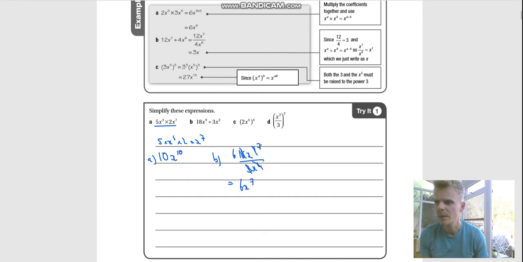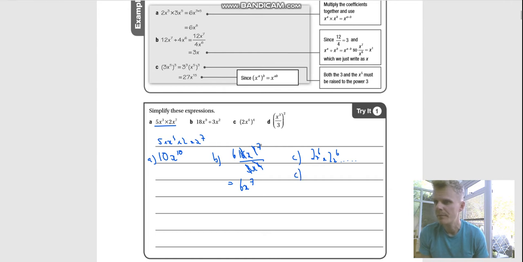so we end up with 6x to the power of 7. And then for C, 2x to the power of 6, to the power of 4, so let's just write it out, that's 2x to the power of 6 times 2x to the power of 6, 4 times. So then you end up with 2 times 2 times 2, 4 times, which of course is the same as 2 to the power of 4. So we can see quite quickly that actually all we need to do is raise every term or expression within this bracket to the power of 4,